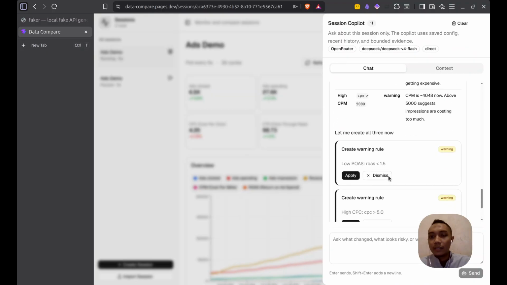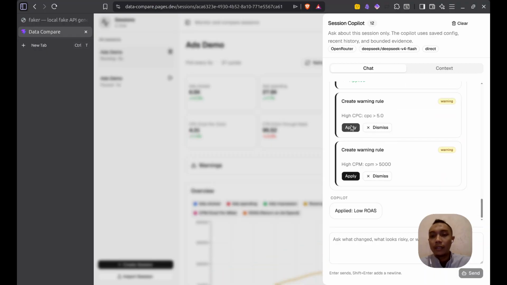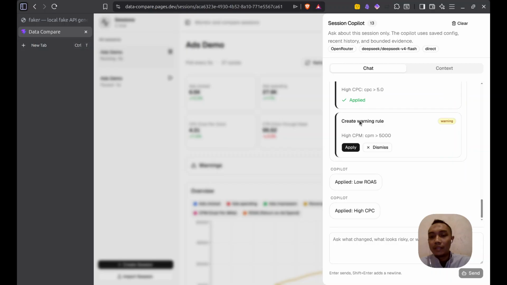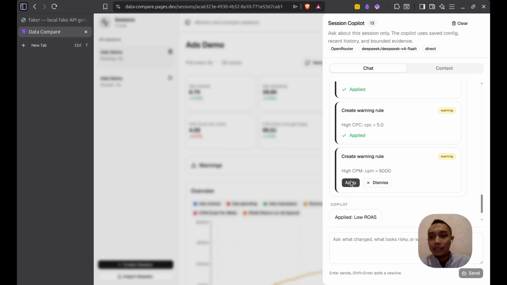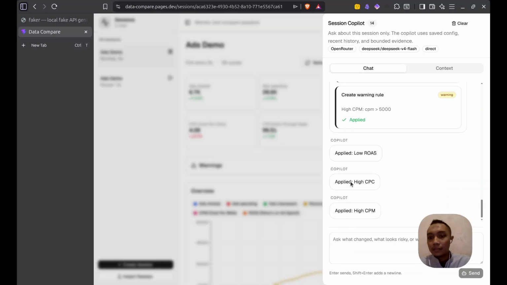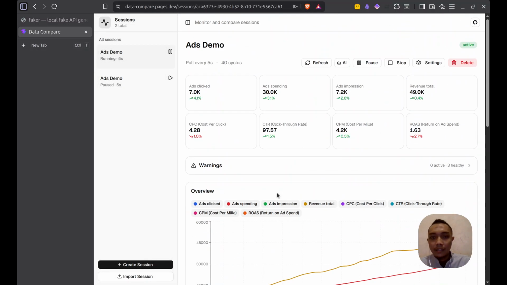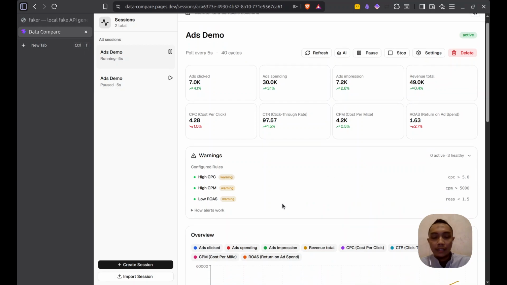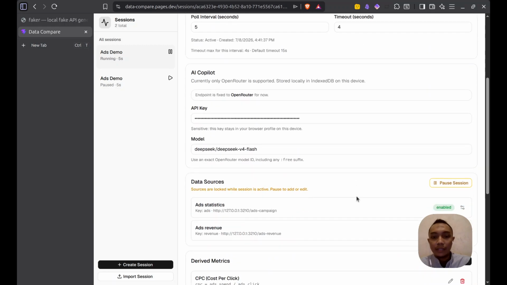Okay, so here the AI proposes some warning rules. Let me apply that. CPC, if the CPC is high, cost per click, and then high cost per, what is M? Okay, so it will create the alerts here, high CPC, high CPM, or we can create it manually